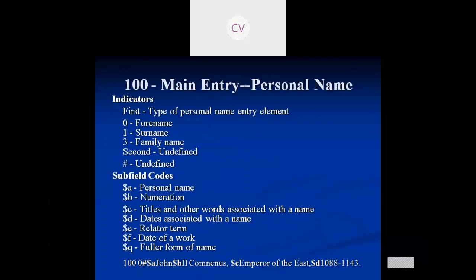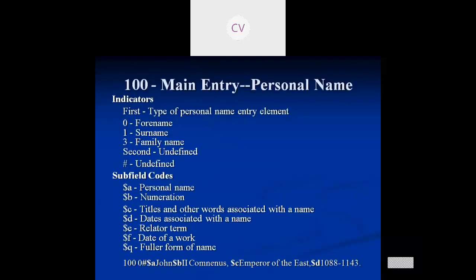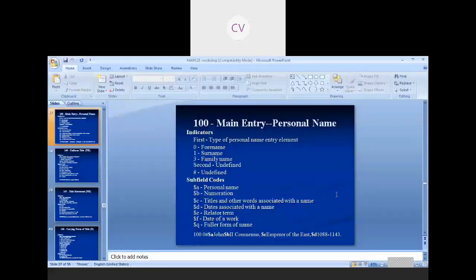110 is main entry, corporate body. 111 is main entry, meeting name. It is not there. Only uniform title is there. So suppose the main entry access point is a corporate body, that will be recorded in the 110. That may be available in the